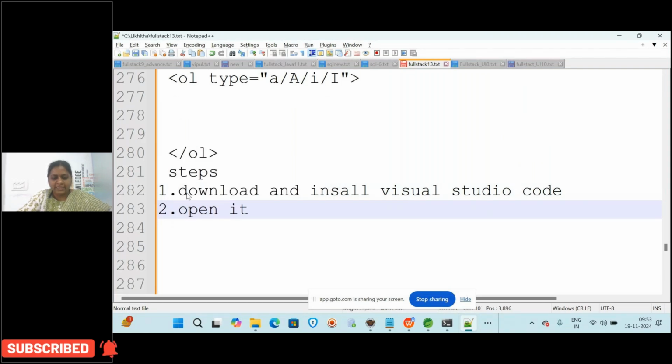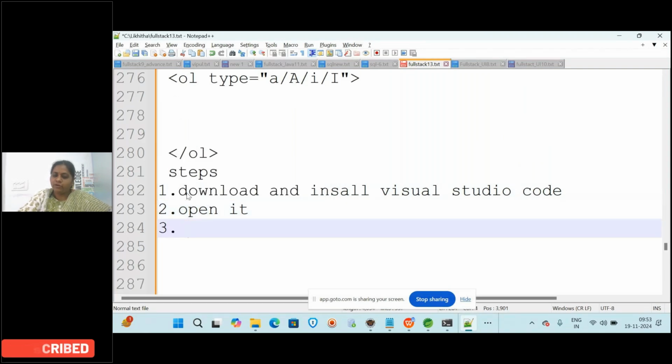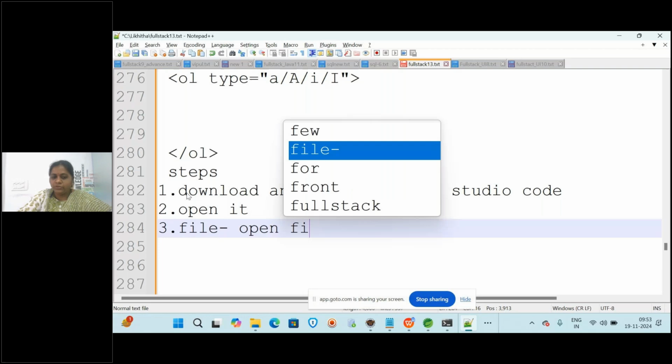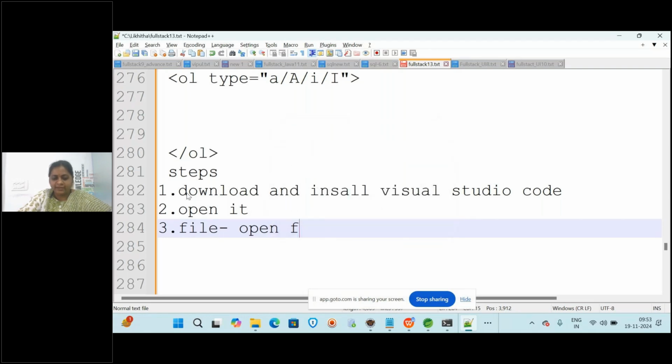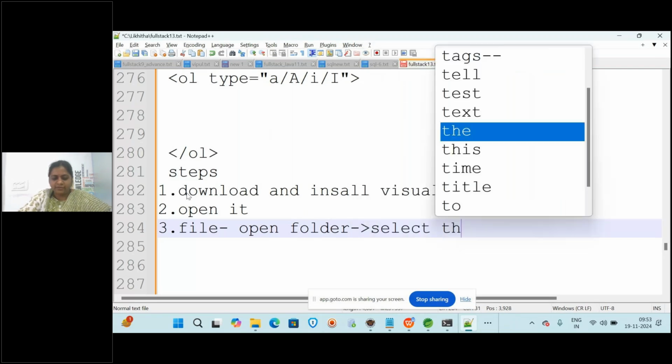You can create a new folder, or you can open the folder that you have already created. So go to File and create a new folder, or if it exists, go to Open Folder and select the folder.